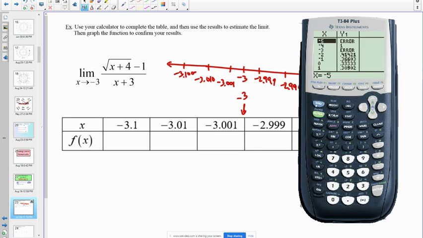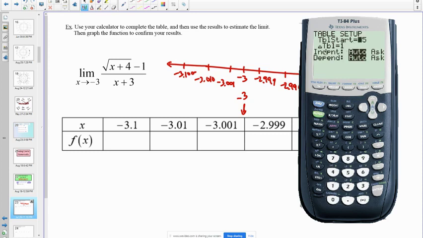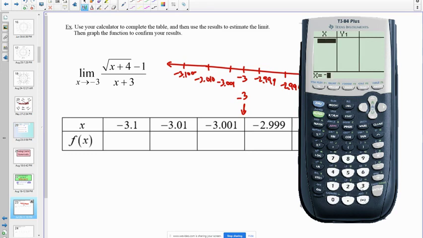So what you do is you hit second table set and change your independent from auto to ask. I'm going to set this to -3. I want it to start at -3. I'm going to come down here and change this to ask, then hit enter, and it actually has moved to ask when you hit enter. And then I'm going to hit second table, and what this does is it lets me put in numbers. So I'm going to put in negative 3.1, enter, and I can see that answer is